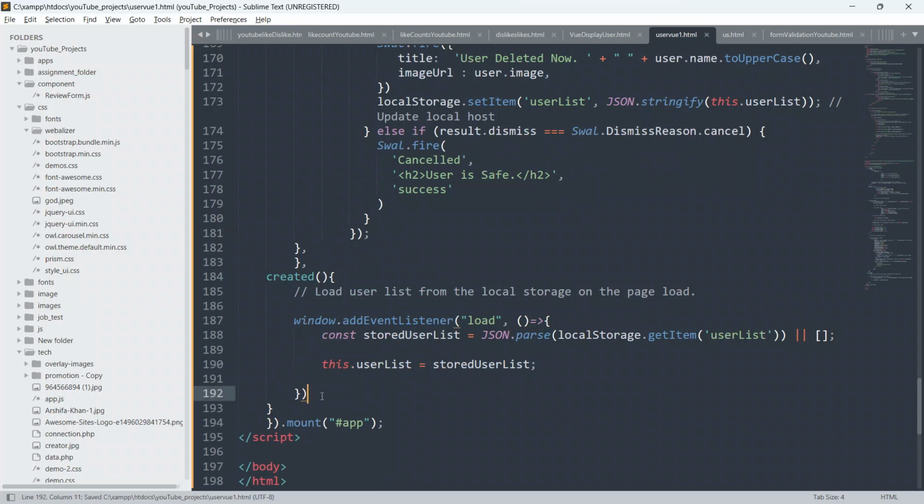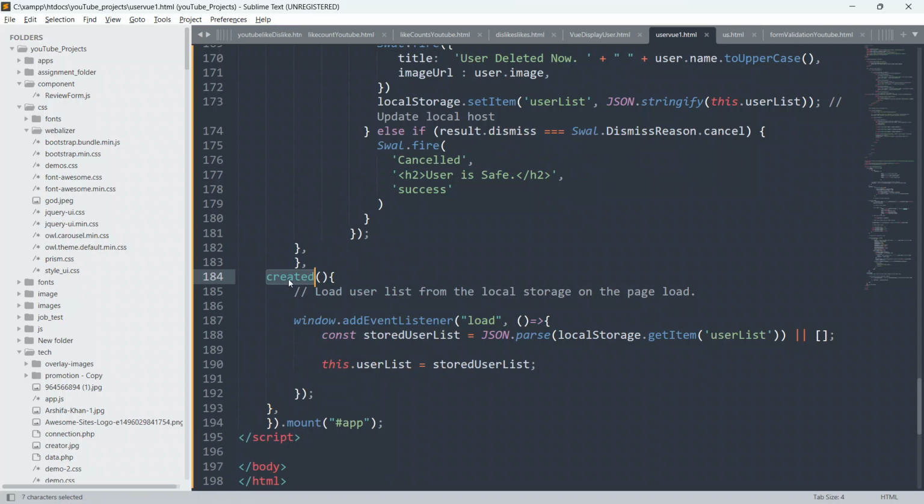Now our code has been written. Let me explain this created method. Created is used whenever you want to load something as soon as the page loads, as soon as your style sheet, your JavaScript or jQuery file loads.